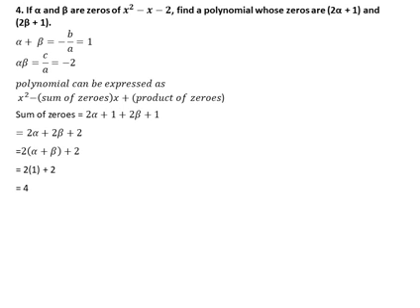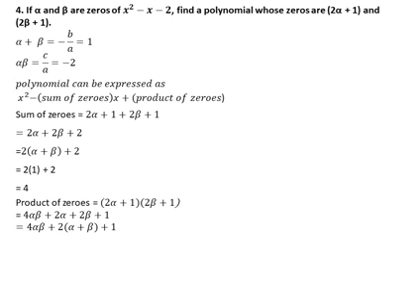Next we have to find the product of zeros. So we have to multiply the two zeros they have given. So 2 alpha plus 1, 2 beta plus 1. If I multiply, what will you get? 4 alpha beta plus 2 alpha plus 2 beta plus 1. Next, 4 alpha beta is already in terms of alpha beta. We can take 2 commonly from the rest, so it will be alpha plus beta, plus 1. So 4 alpha beta, whose value is -2.